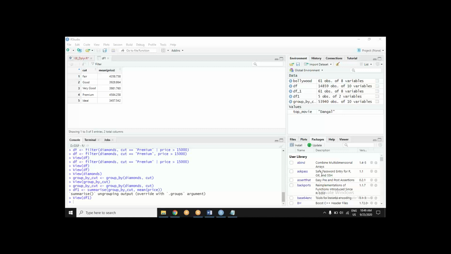If I see that, it is not giving numbers, Jyoti. It is giving you the mean of price in each category. If I see diamonds of fair quality, their average price is this much. If I see good quality diamonds, their price is this much, and this much, and this much. That kind of thing. It is not the number of diamonds. It is not the total of price. It is the average of price.